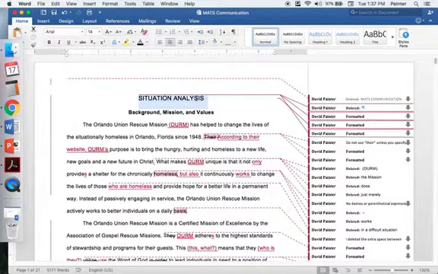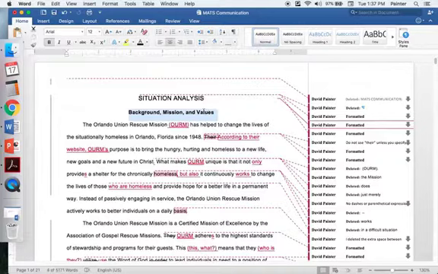Now, in the situation analysis chapter, you analyze your client organization's current situation, and it begins with a description of your client organization's background, mission, and values. The Orlando Union Rescue Mission is